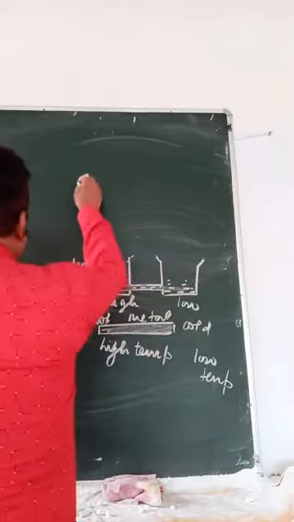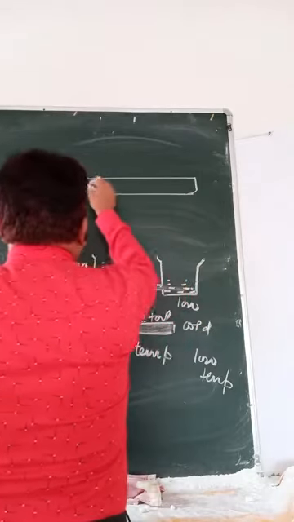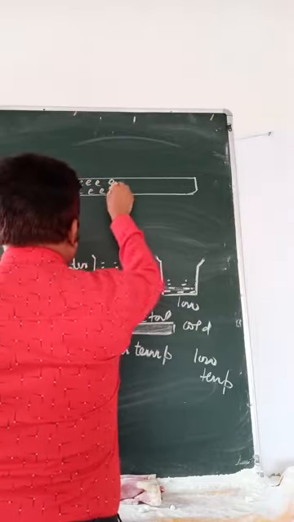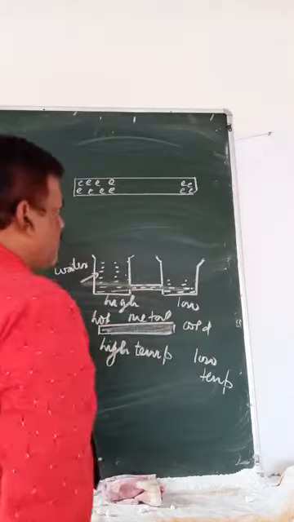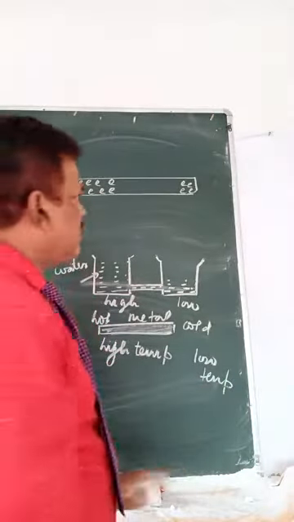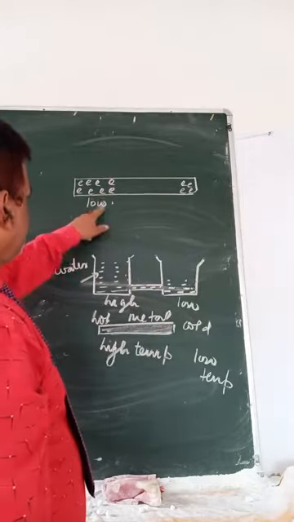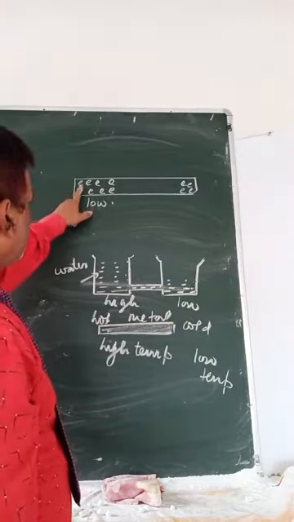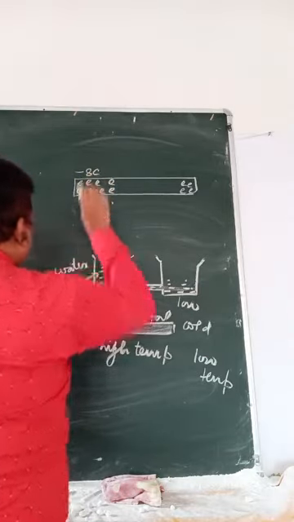The current, if this is a conductor, then there are many electrons here and fewer electrons here. More electrons means, since electrons are negatively charged, this will be called low. Why low here? Because each electron is, say, minus 1 coulomb. Counting 1, 2, 3, 4, 5, 6, 7, 8, I can say here minus 8 coulomb.